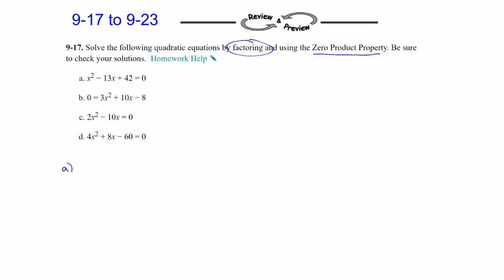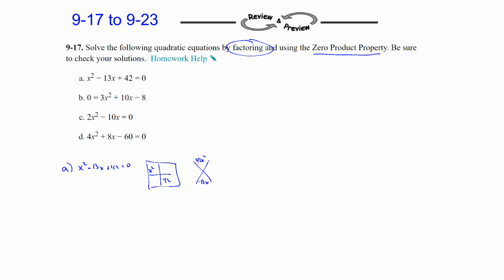So in the first one, it is equal to 0. We have x squared minus 13x plus 42 is equal to 0. So we need to figure out what the length and width of the rectangle would be. So we'll use our generic rectangle to set up. We got our 1 x squared tile and 42 1 tiles. And so we're looking for what are some factors of 42x squared